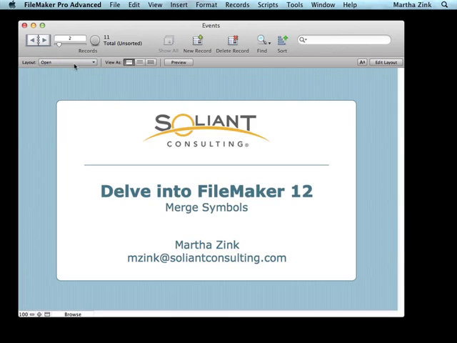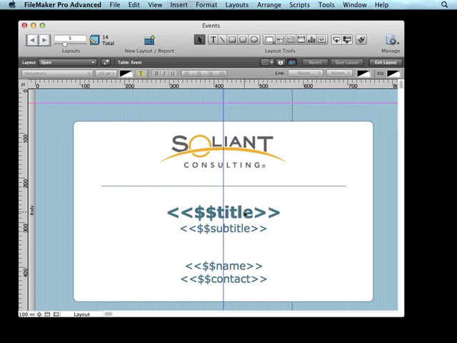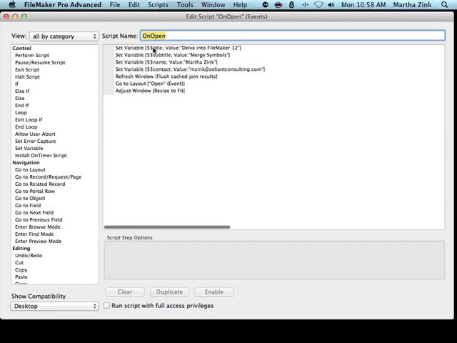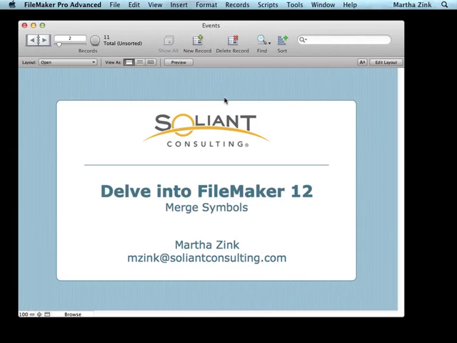Well, the example for that is the open screen. When I jump into layout mode, you'll see that I have all these global variables getting set at the opening script. So just take a quick look into that. All it's saying is set variable title to Delve into FileMaker 12, and so on and so forth. So that added a little flexibility because now we can depend on the scripts to help us get the data